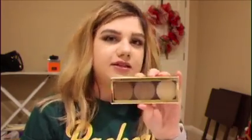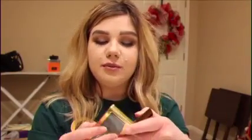Okay, if you've never tried a Tarte blush, you should. They're definitely worth every penny. Okay, so I bought this, I think this summer, and I have been using it to contour my nose. I'm not great at contour. I don't contour my face. I tried that one time and it didn't work, so I just contour my nose,